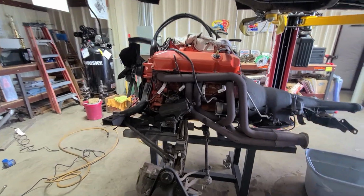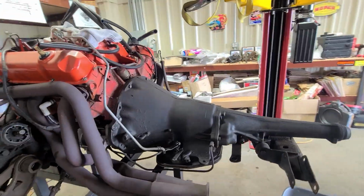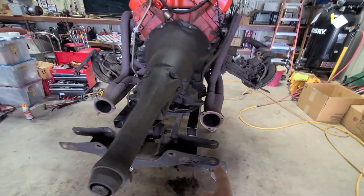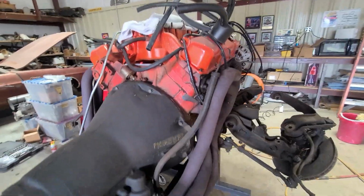Well, there you have it, everyone. The engine and transmission have come out together, as you just saw. As you raise it, get those bolts out. Get these bolts out here. Transmission. And, you know, unhook everything. We had a little snag because I forgot to